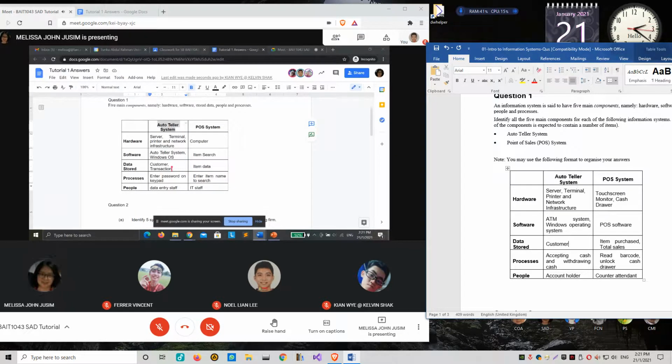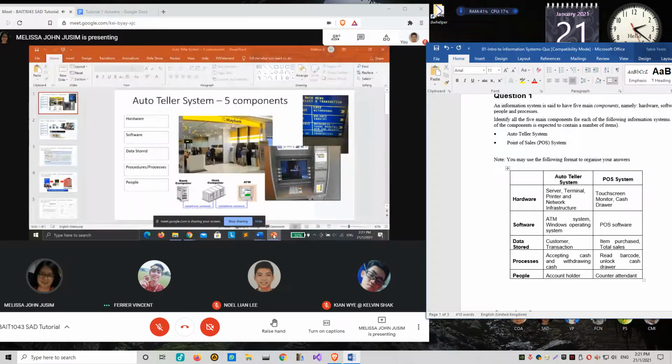Whereby you should have transactions for withdrawal and also deposit. What else do we have? Is the password? Password would be for the input function, the raw data.